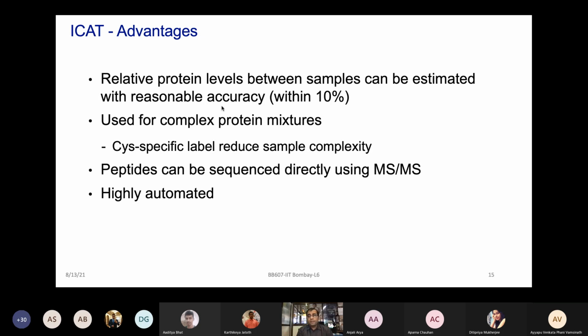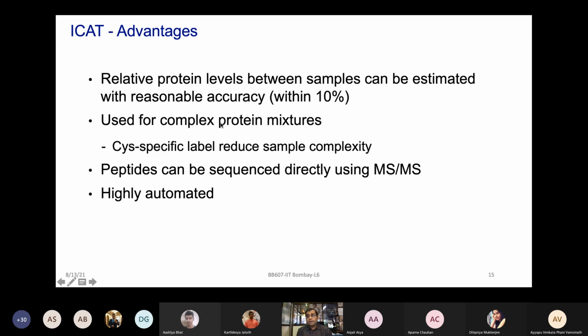In the gels, the major problem is that even if you identify some very interesting spot showing up regulation or down regulation, after cutting the spots and doing in-gel digestion, you are not able to identify all of those proteins because peptides are in very small quantity. And when you run in the mass spectrometer, you don't always acquire very good spectra. So therefore, something looks very interesting in the gels, but you may not be able to know what that protein is because you cannot identify it well.